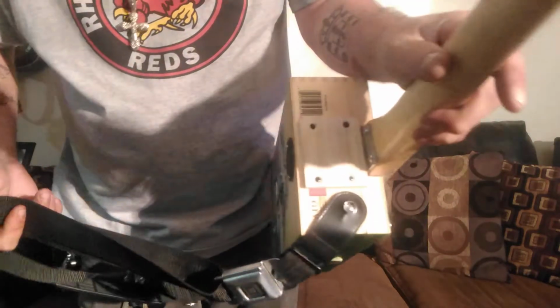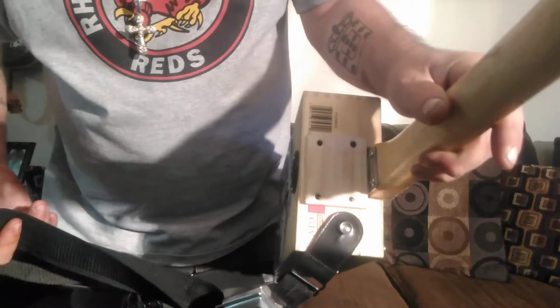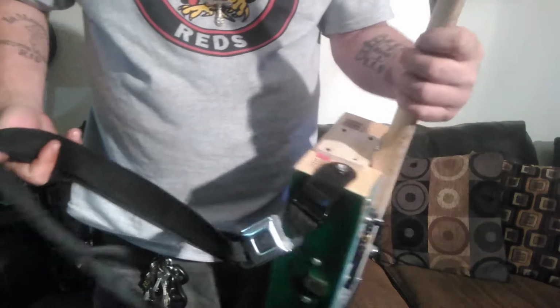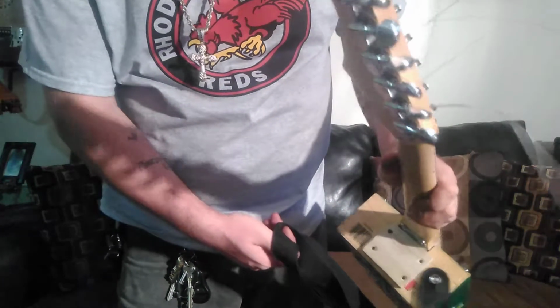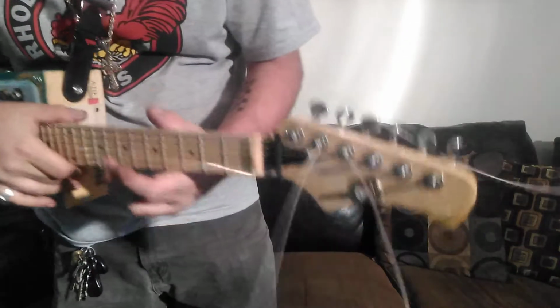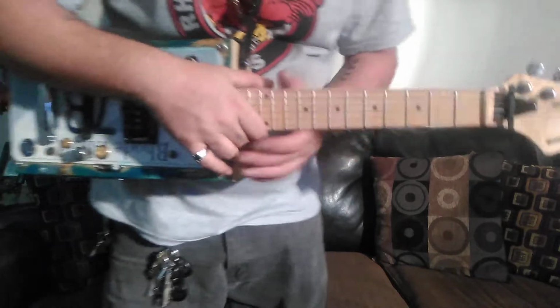Yep, that's how I solved that problem. We got our tuners. I literally just put the strings on it and tuned it. I have not cut off anything yet. I'm afraid someone's going to poke me in the eye yet. But anyway,